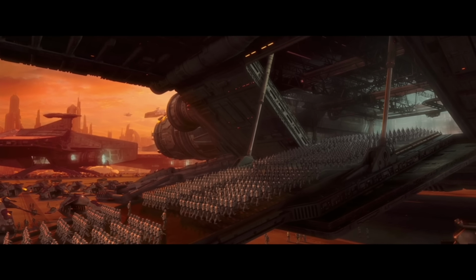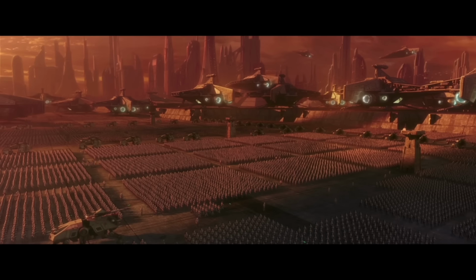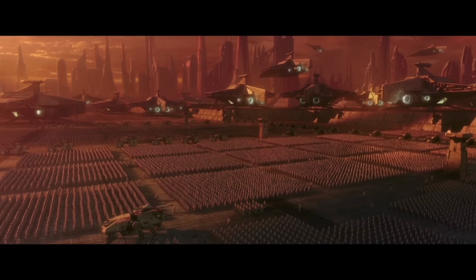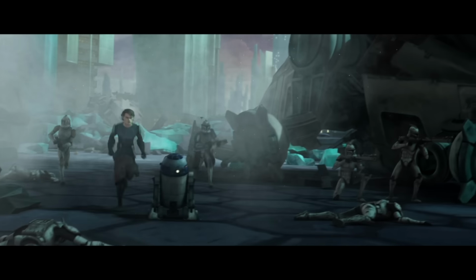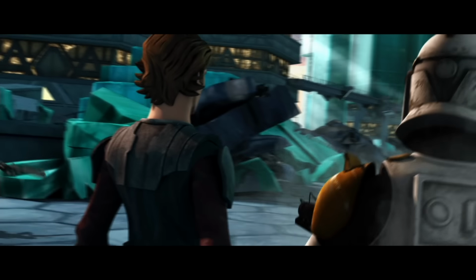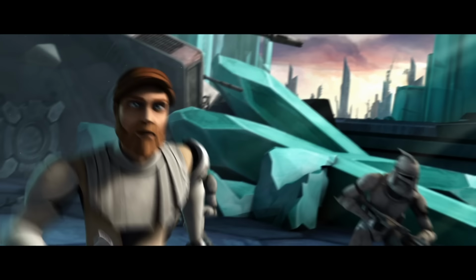When Palpatine first laid eyes on this army, of the AT-AT walkers specifically, he said, quote, "These weapons of war would be awe-inspiring if they were not so terrifying." Almost immediately after this, these walkers would be crucial in the defense of Christophsis, though again we see that many were lost. As this battle drew on, the clone Slick would reveal that he had joined forces against his brothers,